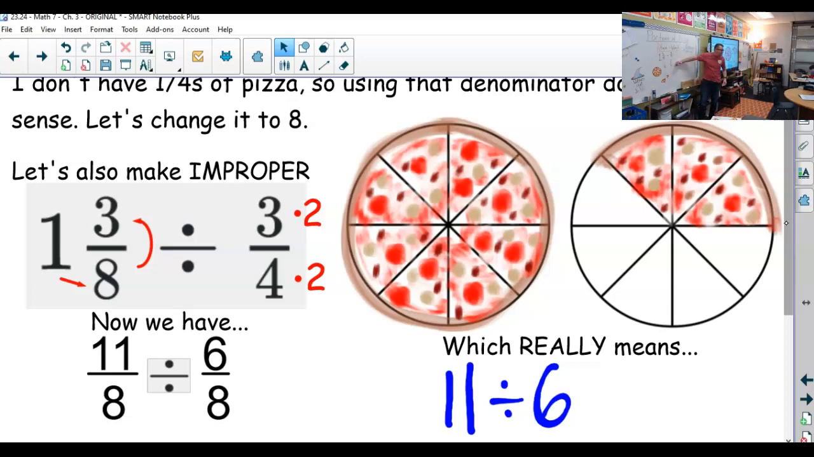We're really doing 11 divided by 6. So, how many groups of 6? Well, there's a group of 6, right? Can I make another group of 6? No! So what we did: I made one group of 6. Yes. How close am I to making the next one? Really close. How much do we have? 5/8. 5. I want 6. So what we really have,